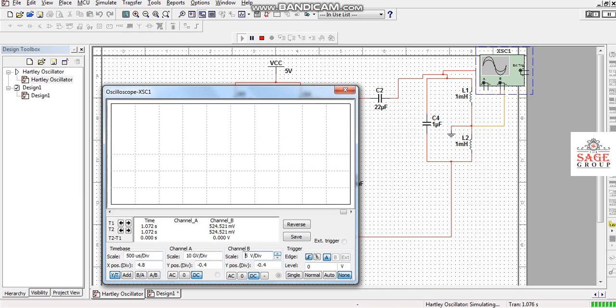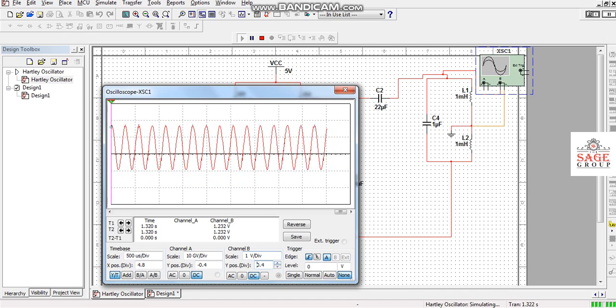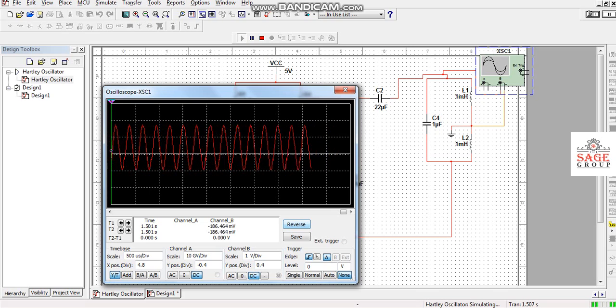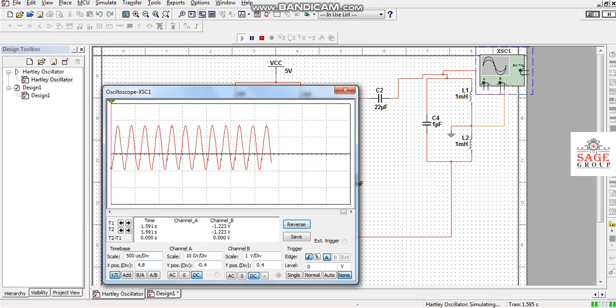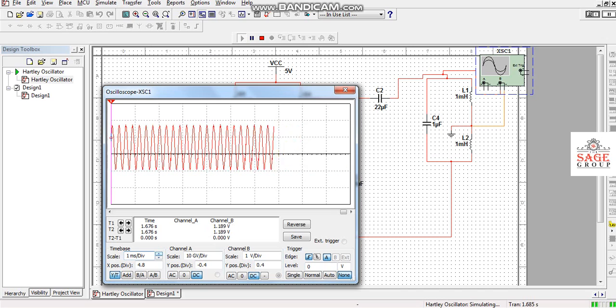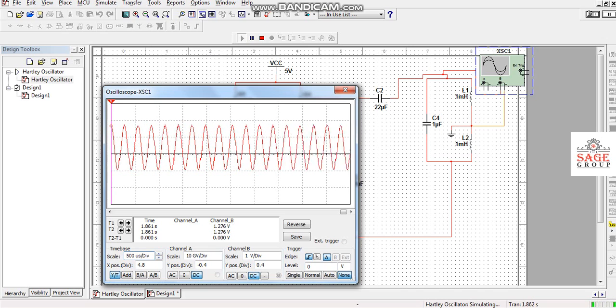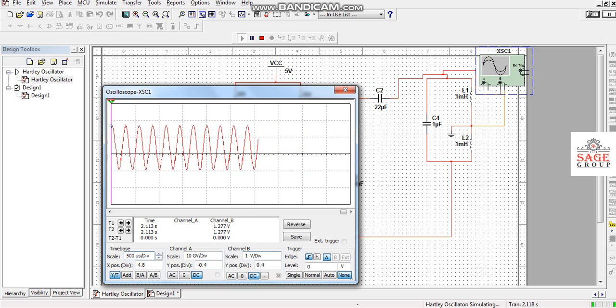In this way the amplitude is changing. Then this Y position we can change in this way. Reverse, and the color will be changed. If I want to change the time, it will be changed. Particularly, I have a scale value of 500 microseconds per division, and channel B is 1 volt per division.